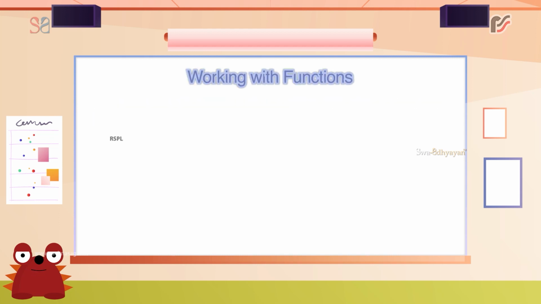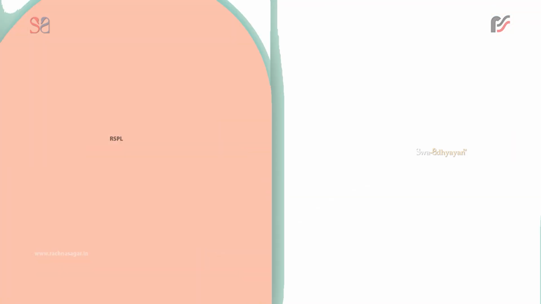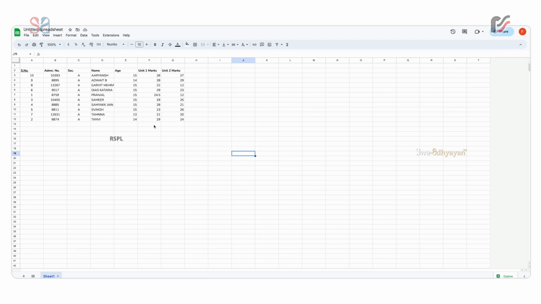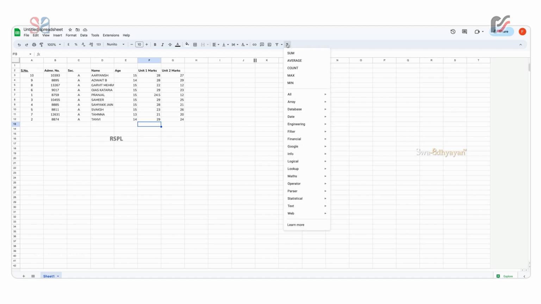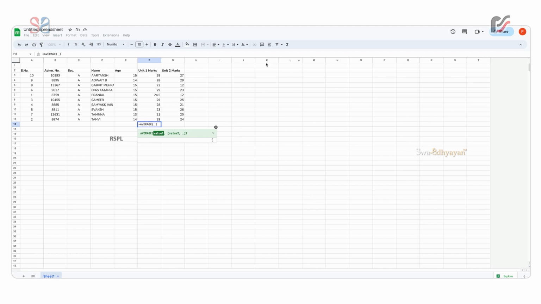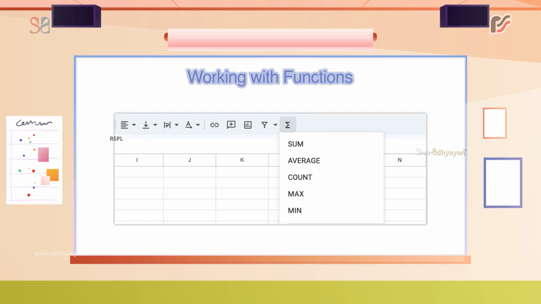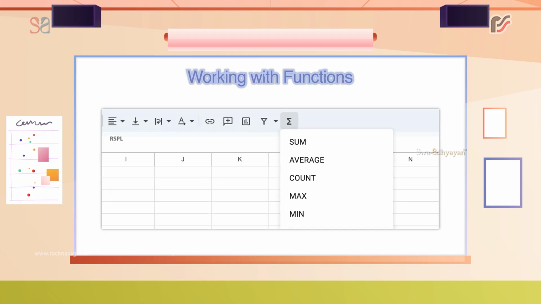Lastly, in our chapter, let's learn step by step about working with functions. Begin with step 1 and select the cell where you want to display the result of the calculation. Step 2 is on the toolbar, select functions, then choose a function. There are 5 basic functions like sum, which adds the values in a range of cells, average, which calculates the